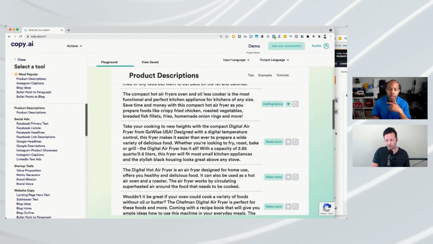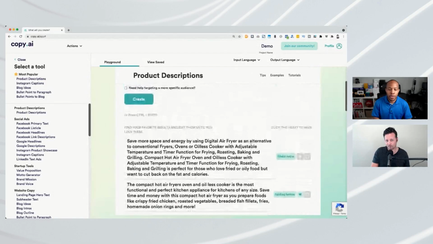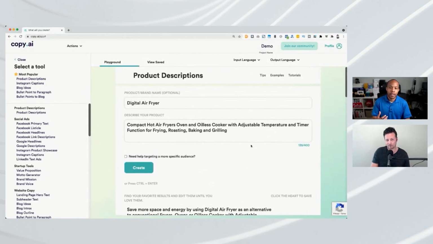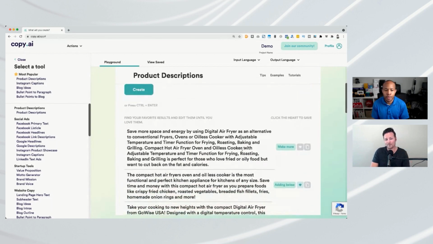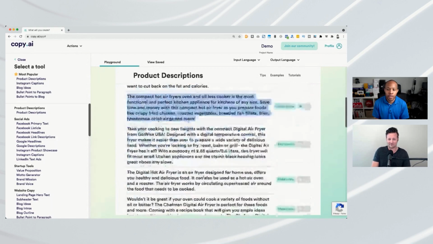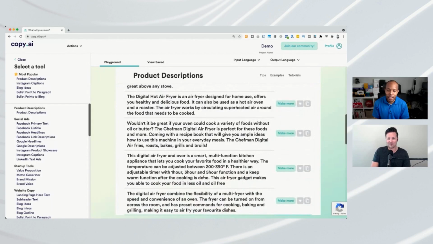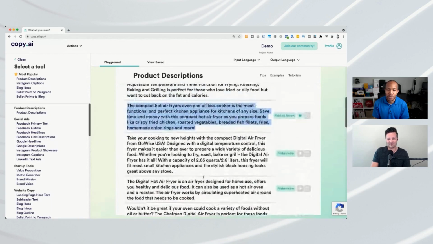So for it to spit back something that fast and that captivating for an audience, and neither one of us knows about air fryers, I would use that. Even if I was trying to assist someone in creating sales copy, I'd say, hey, try this and see how it works. And I'm sure they would be like, yo, that's awesome. And it didn't take that long to do. Boom.